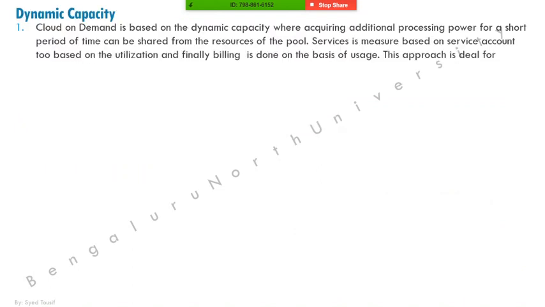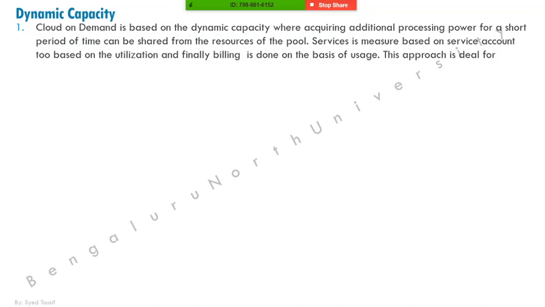Now, dynamic capacity is nothing but this: we start an organization and run on some platform. After some duration, our resources are completely utilized, and now we want some extra capacity. That is a dynamic capacity.